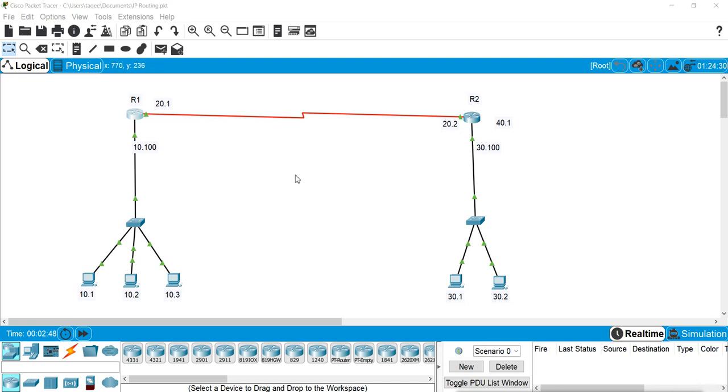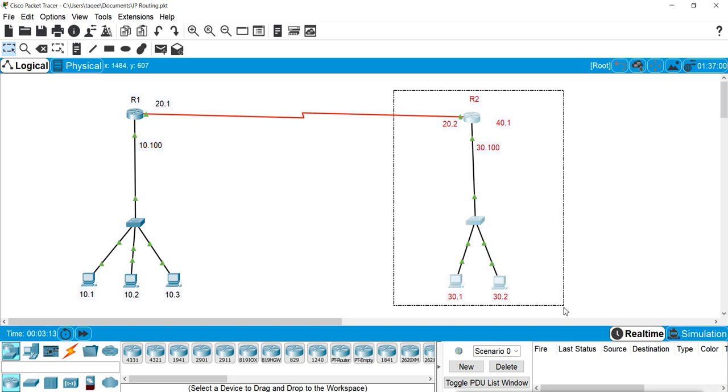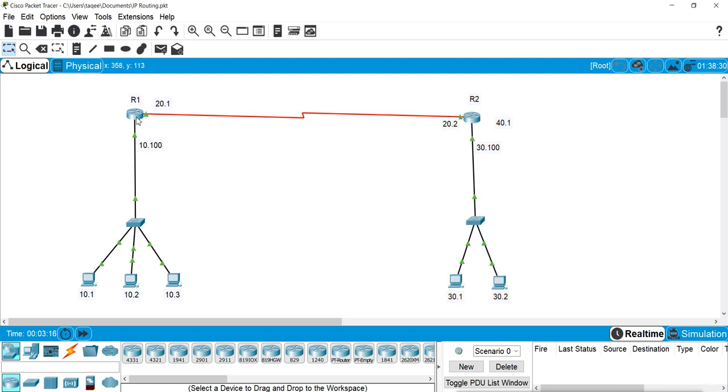Okay, so this is our design. We have router 1 and router 2, and in router 1 we have a private network of 10.0.0.0, where we have these machine IPs 10.1, 10.2, 10.3. We can assume this is our private network, and if we want to go outside the private network, this is our WAN, so we have to go from here. Now remember, WAN networks do not accept packets which have these private source addresses. So we have to configure NAT on this router 1.